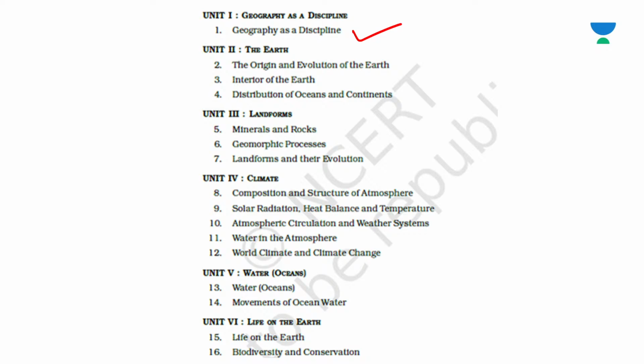In this chapter, geography as a discipline, we have covered the importance of geography, then how it's an integrating discipline, geography and social sciences, physical geography and natural sciences, then the field of geography, and its relation with other disciplines. Then we have covered branches of geography,